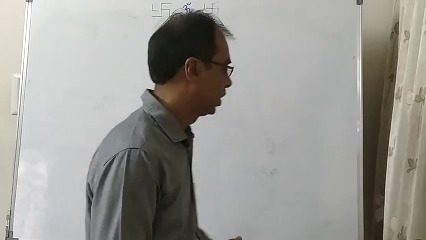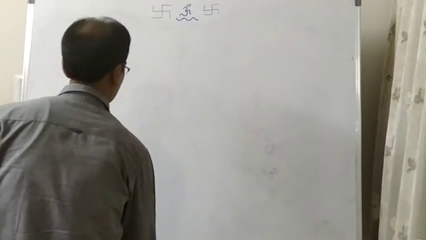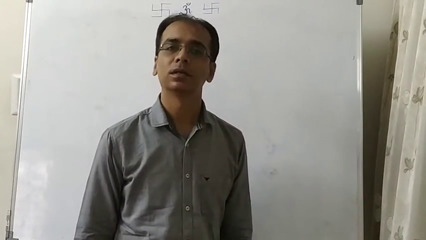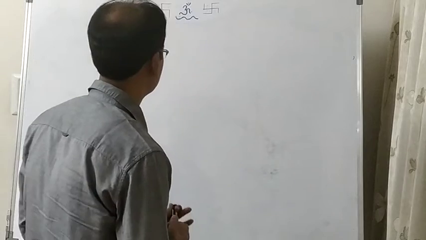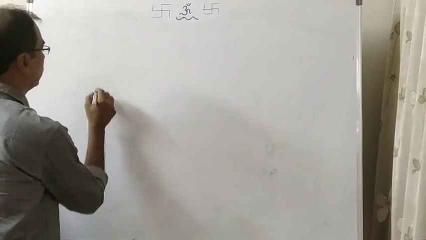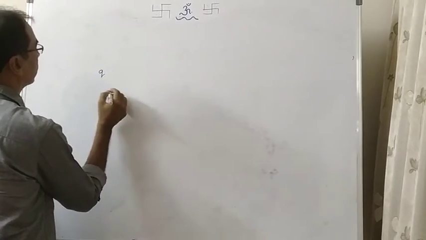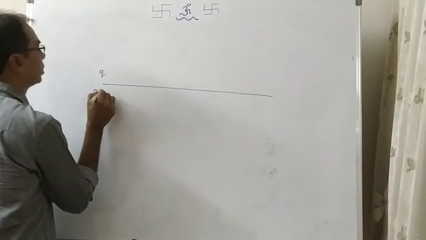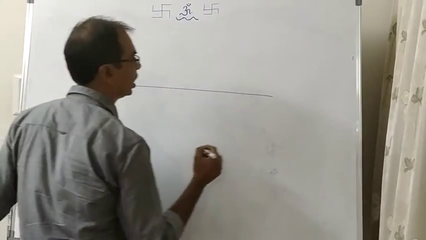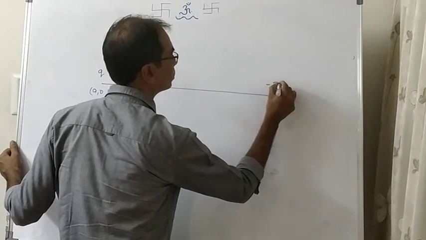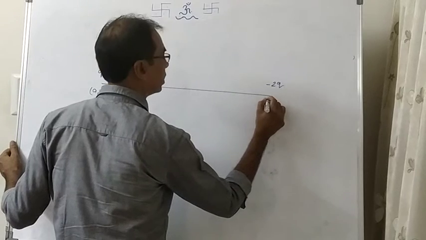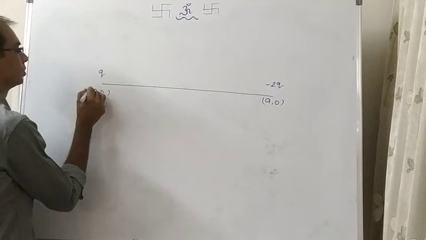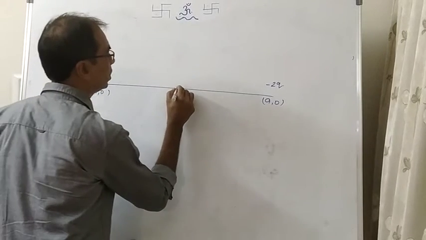Two charges were kept, because of which we have to find a surface at which the potential can be zero. What were the charges? One charge Q we kept at a comma 0, the coordinate, and another charge, which was minus 2q, which we kept at minus a comma 0. And somewhere here was the origin.